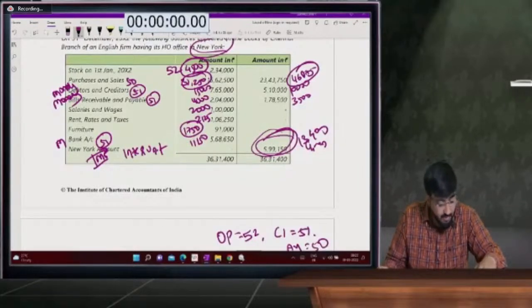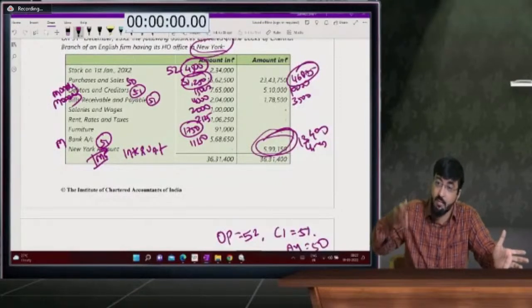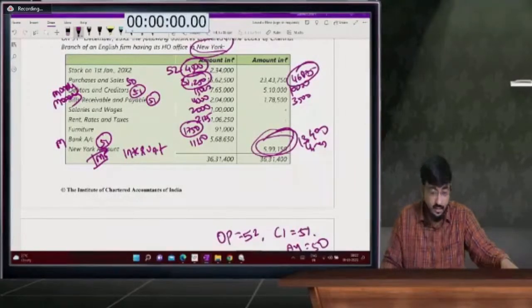It's very simple. Yes, I'm telling you, it's very simple as compared to dependent branch and independent branch. Once you got the concept, just multiply and divide by closing rate, opening rate. ये आया तो बेटा चांदी आपकी, निकल गए आप एग्जाम अच्छे मार्क्स से।